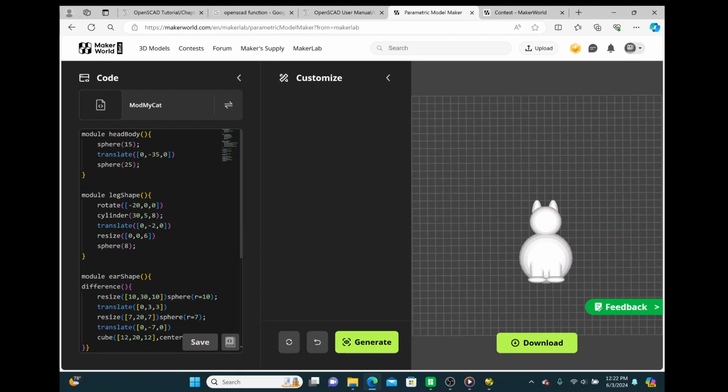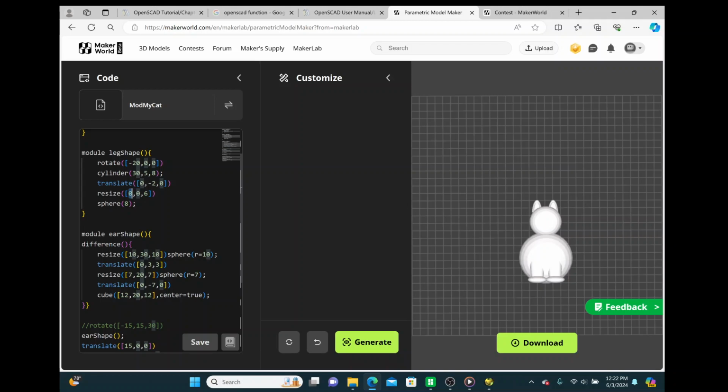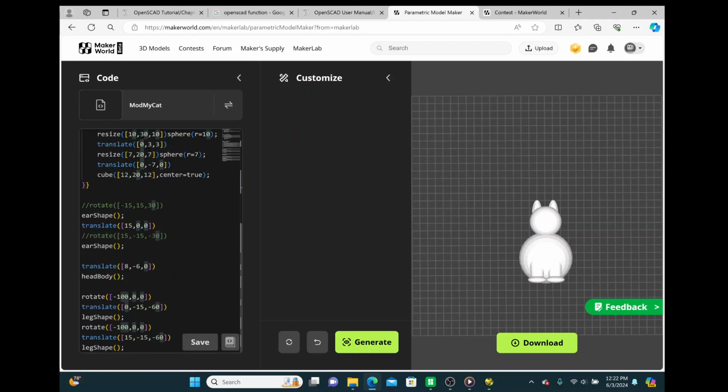I would suggest going in and maybe changing one number at a time to see what happens, and then just learn that way. I have actually left some commented code in here, so I would encourage you to take out these comment markers, just delete that and regenerate it and see what happens. It's really cool. You can get a lot of expression out of cats. They can move their ears in so many different places to give them cute expressions. But again, just a really